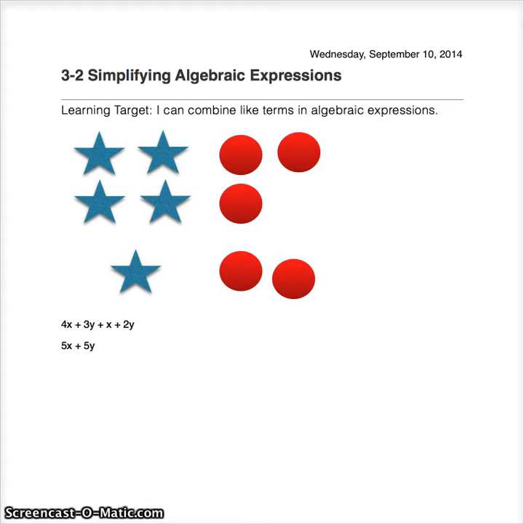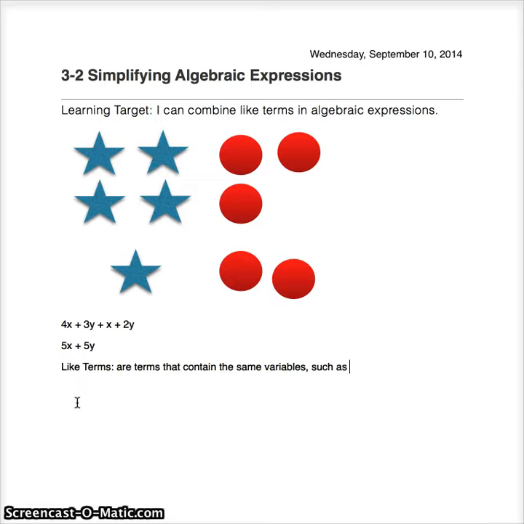Go ahead and take a minute to think about that, and we can move on to the next problem in just a second. So some of you might be wondering why I was able to combine the 4x and the x and the 3y and the 2y. Well, the reason is because of like terms. Now you'll need to write this definition down on your paper. Like terms are terms that contain the same variables,